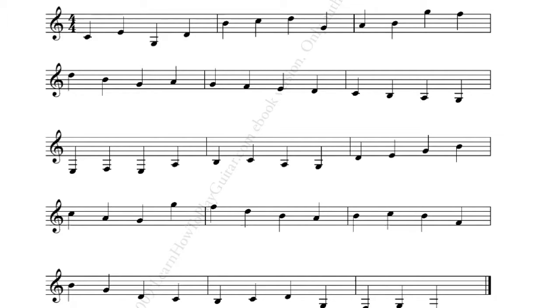So that would be C, E, G, D, B, C, D, G, A, B, G, F, D, B, G, A, G, F,